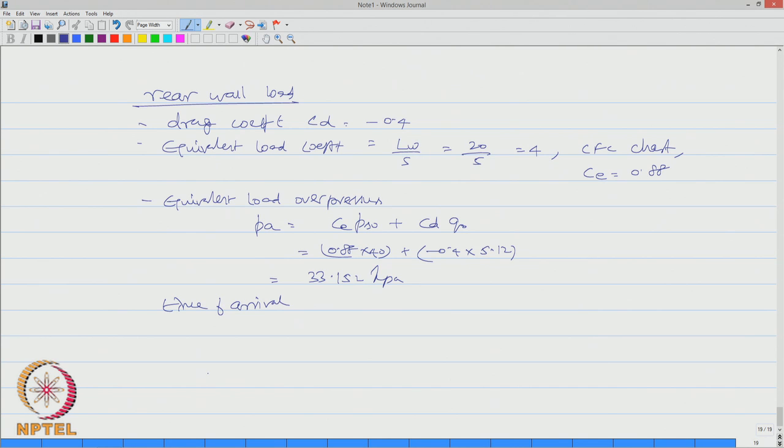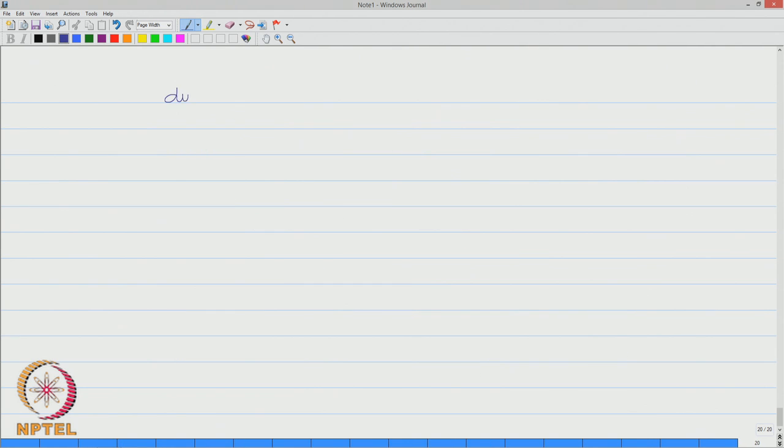and time of arrival, because the rear wall will have a time lag with that of the front wall. Therefore, we call this the time of arrival, which is BL by U, which is in this case 20 by 398.172, which is 0.0502 seconds. Once it arrives, it rises. Therefore, time rise TR is actually S by U, which is 5 by 398.172, which is 0.0125 seconds,